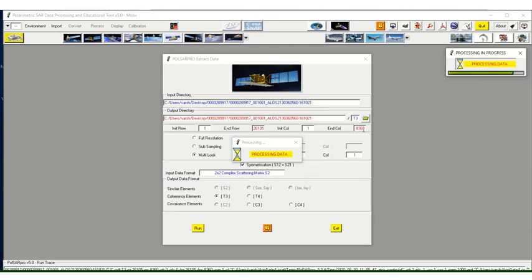The columns we are going to keep as they are, but the rows we are going to divide by 2, which means we are averaging 2 rows into 1 row.